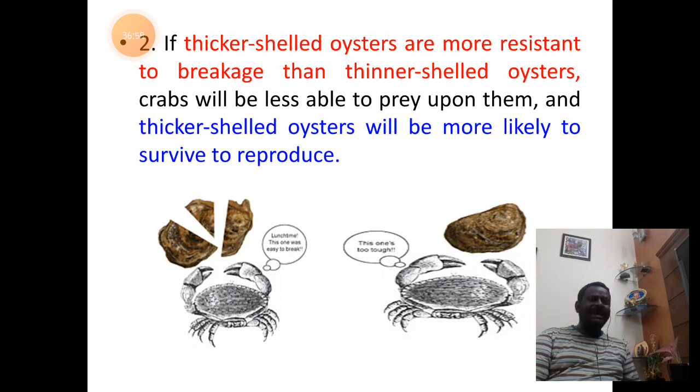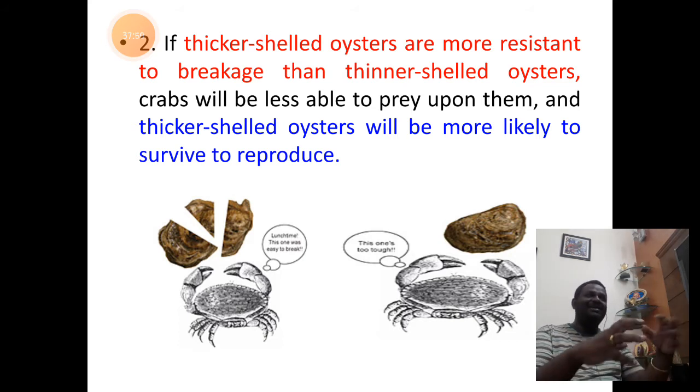That is, thicker-shelled oysters were selected more, due to being more resistant to breakage than the thinner-shelled oysters. Crabs will feed on the content of oysters within. They collect the oysters and throw them on the rocks so that the oysters will break. After breaking, the inner content will be fed on by the crabs. They are carnivores generally. But here is a condition: if the shell of the oyster is thicker, even after being thrown, if it doesn't break,